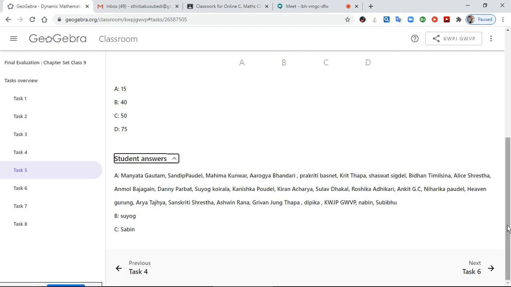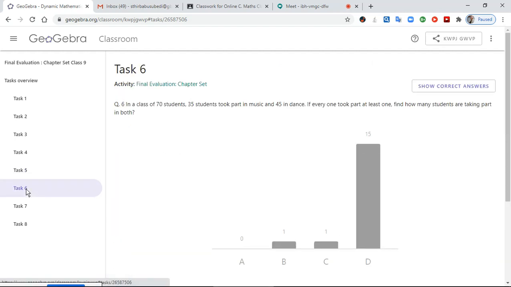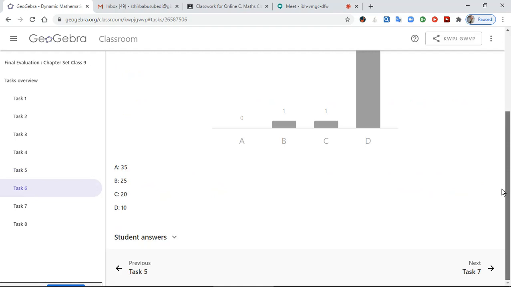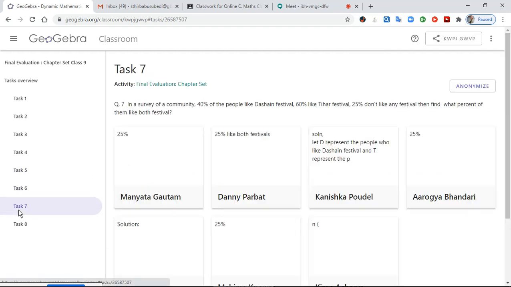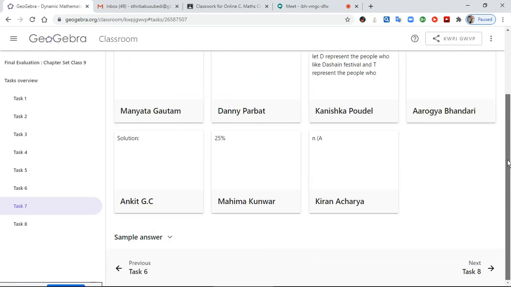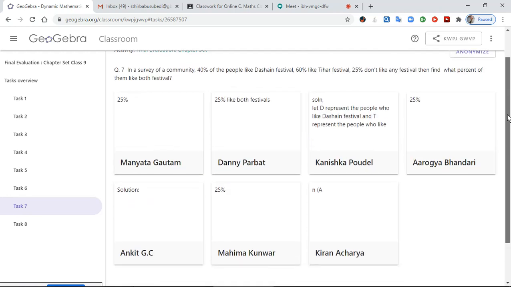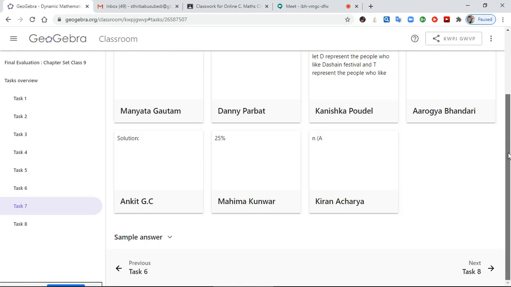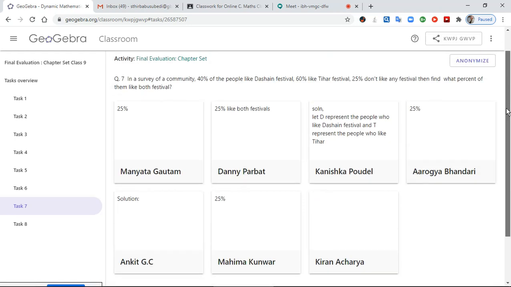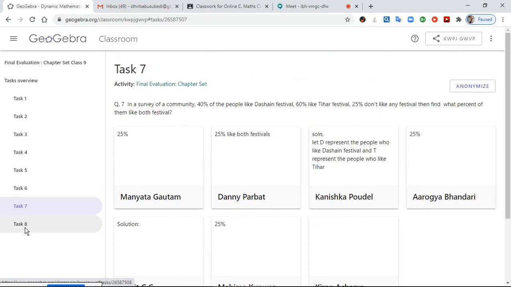And task 5, just 23 students started. 23 plus 1 plus 1, 25. I can see your name. I will have this record. Then those who miss the questions will be shown. So don't forget to complete the tasks. And task 6, but I don't know which one is right. Task 7,